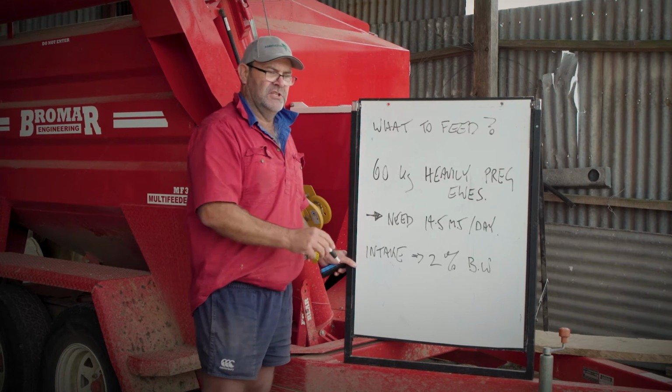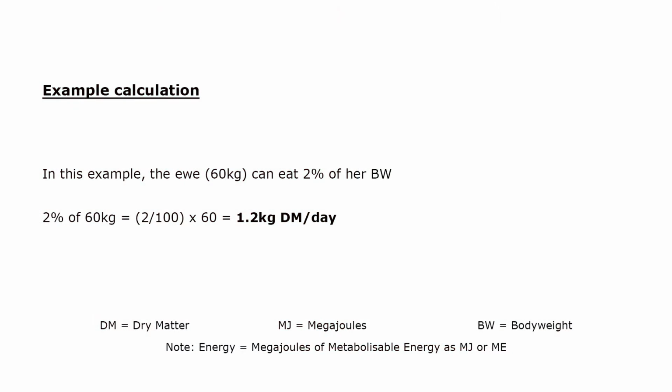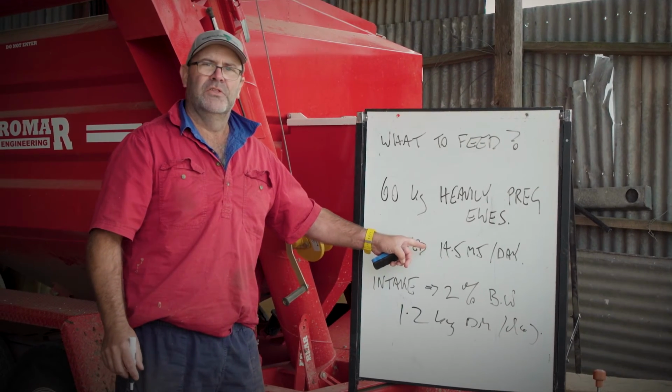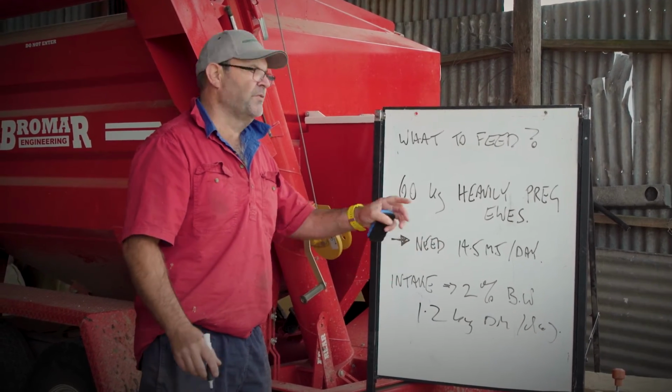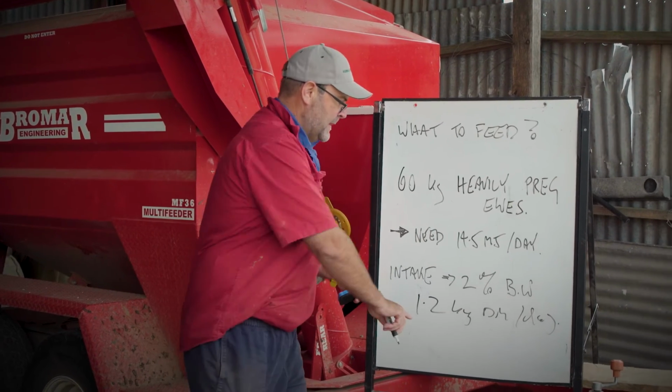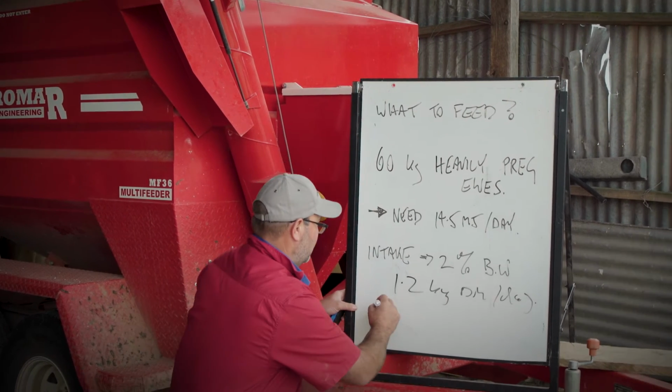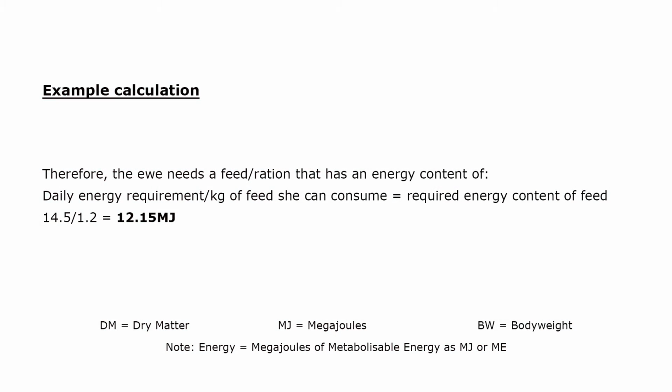Now 2% of 60 kilos, if I do my maths correctly, comes out at 1.2 kilos of feed that she can actually consume on a dry matter basis. So she can consume 1.2 kilograms of dry matter per day. We know that she needs 14.5 megajoules of energy, but she can only consume 1.2 kilos. So if we go through a calculation, 14.5 divided by 1.2